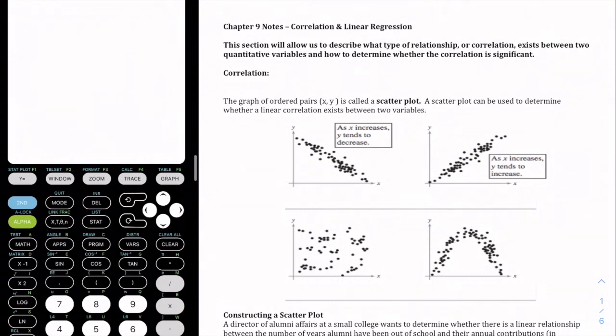Okay, so this week we're going to talk about Chapter 9. I've cut and pasted some different things so that way this will be a little bit more smooth. For the most part, everything we're going to do in Chapter 9 is using a graphing calculator. If you don't have a graphing calculator at home, you can download the app